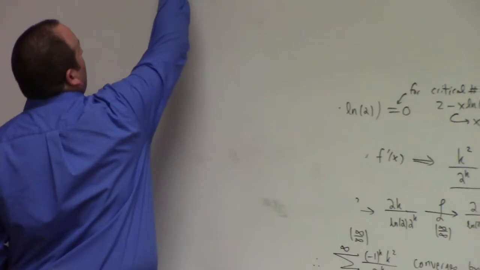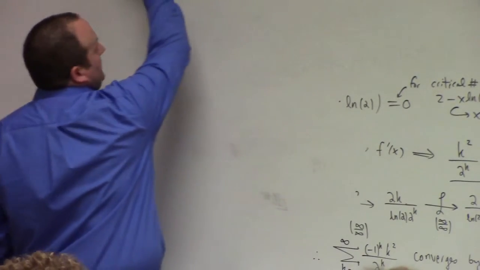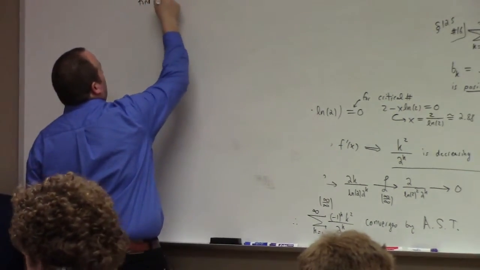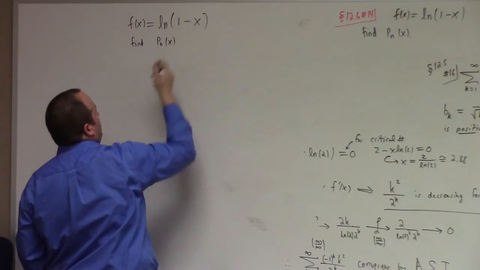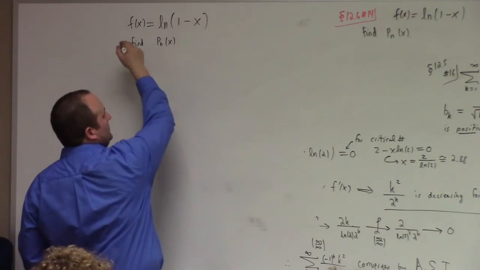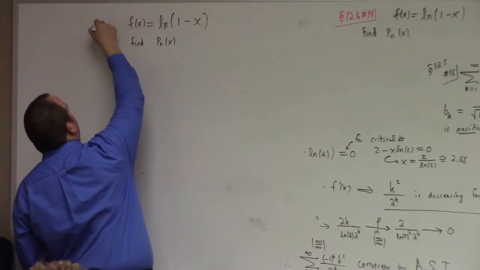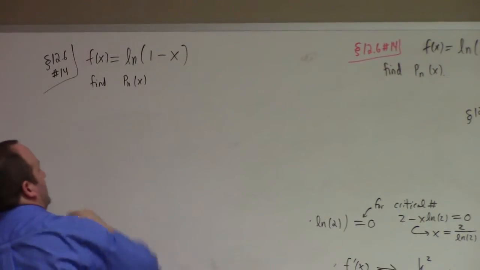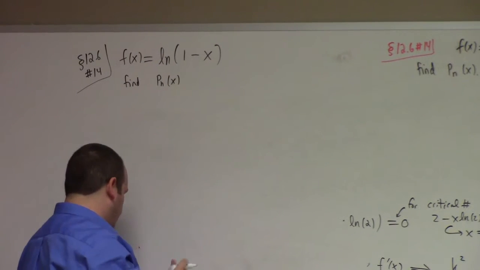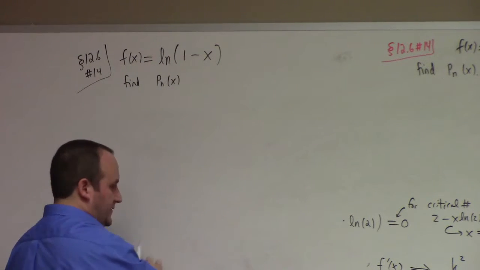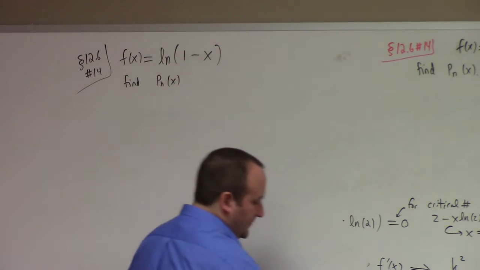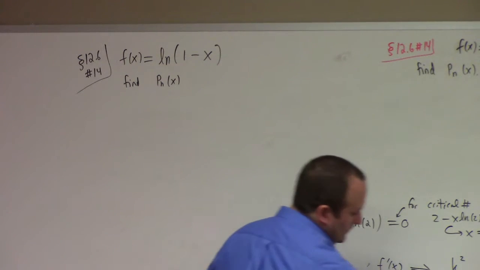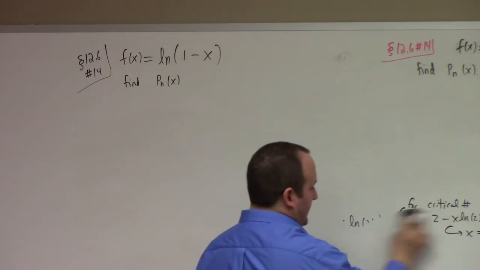All right, so we're looking at f of x equal to the natural log of 1 minus x. And you're supposed to find P_n of x. There are two ways to do this problem. So what are the two ways you could do this? Three ways maybe. The first way,